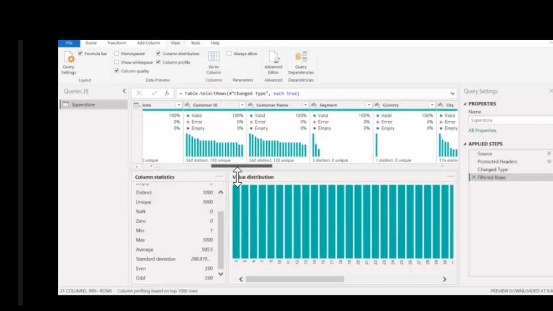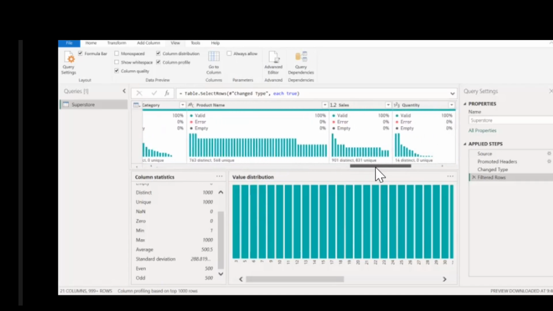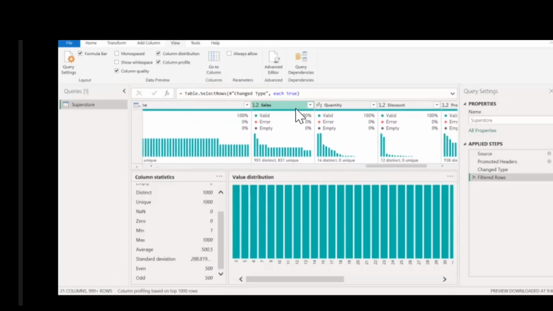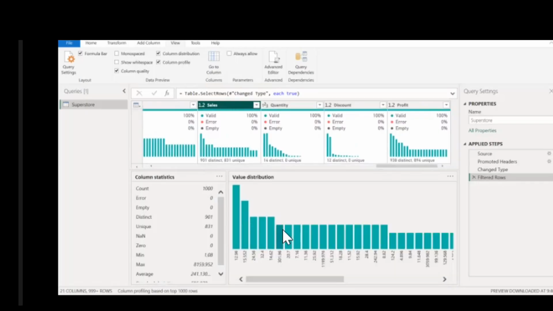Let me click on sales to see the average sale for the entire data set, when you're doing calculation or just exploring the data. So if I click on sales, I highlight sales, and I need to click, is it twice? Okay. So that we see the column profile. We see that we have 1,000 counts, no errors, no empty cells, 901 distinct sales, 831 unique sales. There's no zero, no non-zero number. There's no minimum and no maximum. And then the average sale is